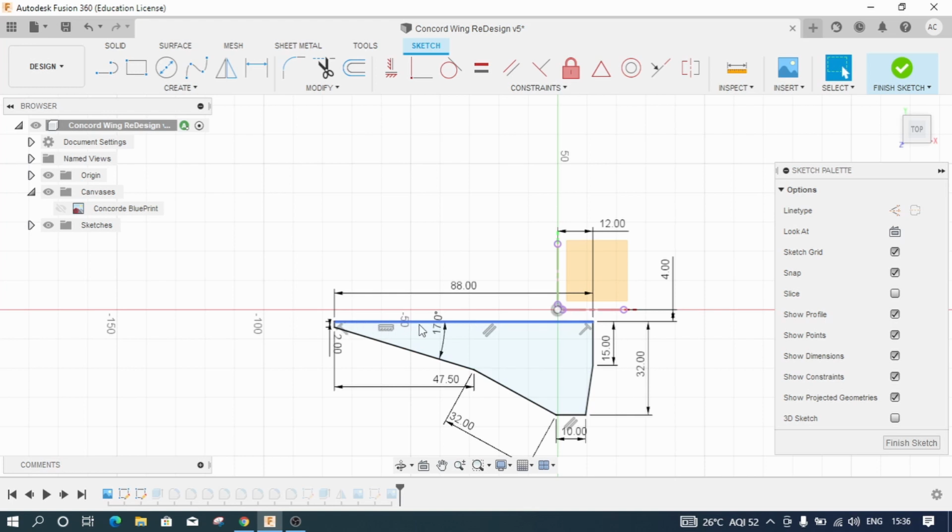Okay, and this particular extension is known as the leading edge root extension, and this is used to develop airflow vortices which will delay the flow separation when your aircraft is taking off. So that's the aerodynamic part. If you want, I will make a separate video series on aerodynamics as well. So now with this particular sketch we can come up and know that our wing is of distance 36 mm.